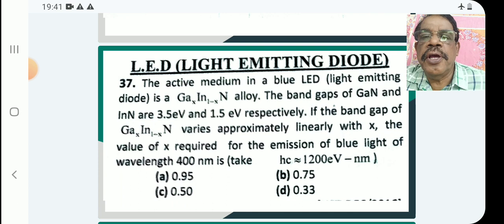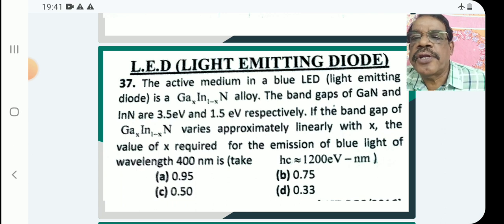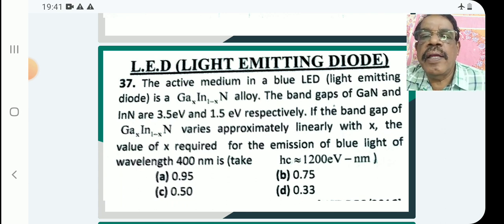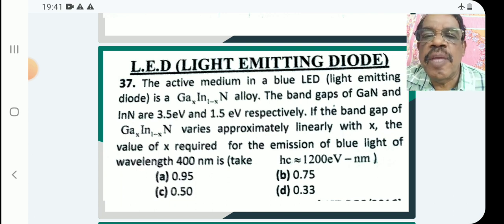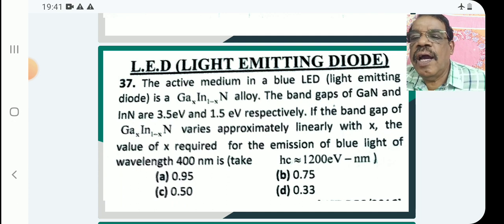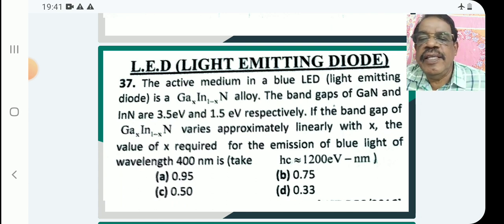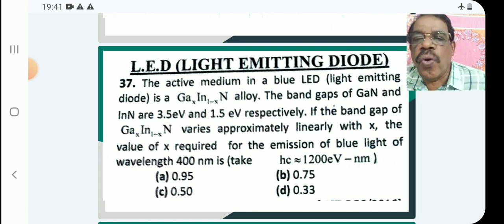The band gaps of GaN, gallium nitride, and indium nitride are 3.5 eV and 1.5 eV respectively. If the band gap of GaInN varies approximately linearly with X, the value of X required for the emission of blue light of wavelength 400 nanometer is